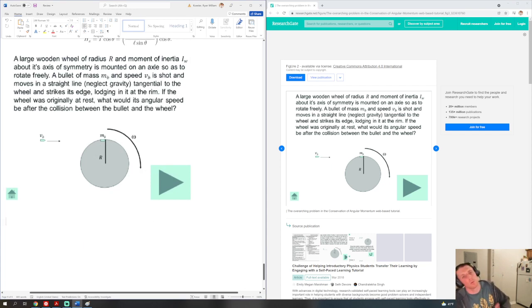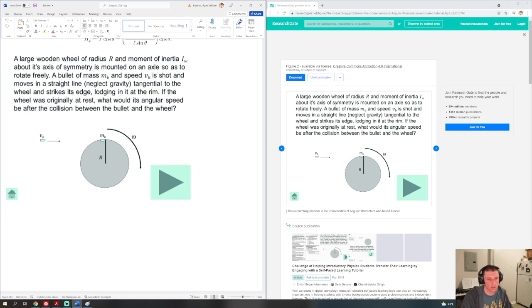Okay, so a large wooden wheel of radius big R and moment of inertia I_W about its axis of symmetry is mounted on an axle so as to rotate freely. A bullet of mass m and speed v is shot and moves in a straight line, neglect gravity, tangential to the wheel, and strikes its edge, lodging in it at the rim. If the wheel was originally at rest, what would its angular speed be after the collision between the bullet and the wheel? Okay, so